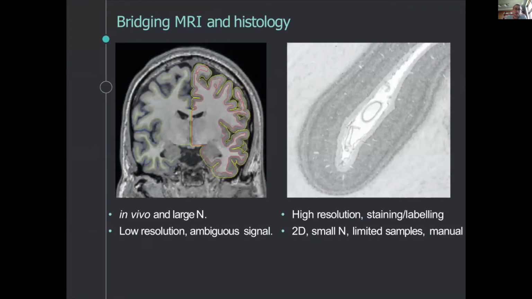So the BigBrain is uniquely placed to act as a bridge between MRI and histology. For MRI, we can measure large numbers of individuals, and in vivo, we can measure function as well as structure. But generally speaking, it is of low resolution with an ambiguous signal. What I mean here is if you have a difference in cortical thickness, this could be driven by differences in myelination of the cortex or differences in the thickness of different layers, and we can't really say which at the